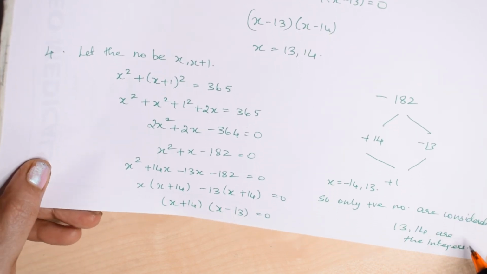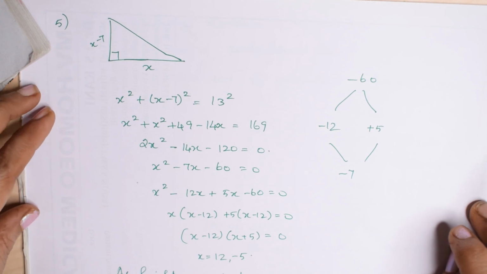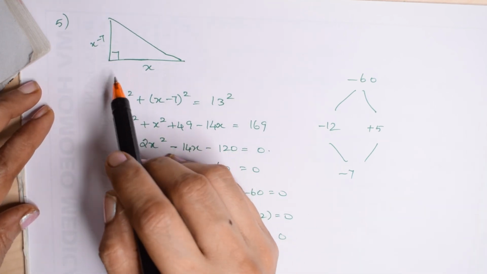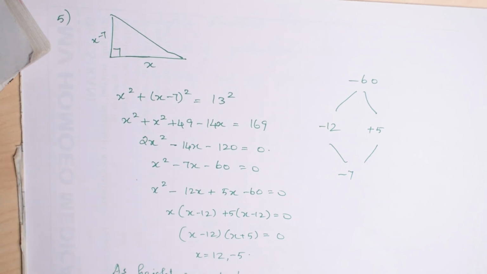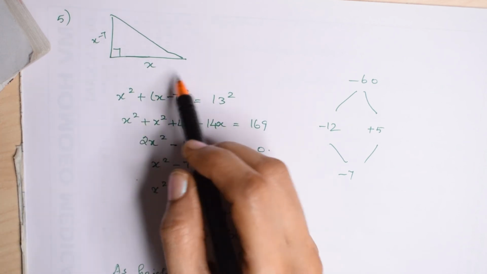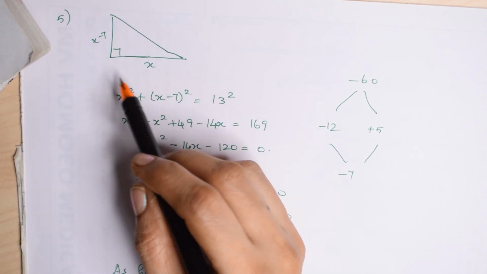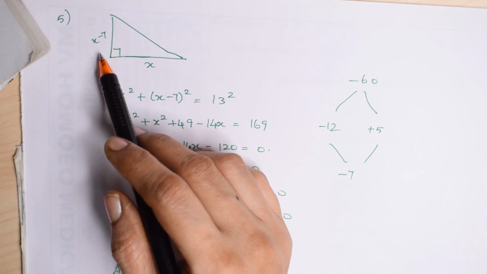That makes the answer. The altitude of a triangle. Okay, altitude again, it's a right angle triangle. So for the altitude of a right angle triangle, we know Pythagoras theorem now. We are using that here. The altitude of the right angle triangle is 7 centimeters less than the base. The base is longer, so x, and the height is 7 centimeters less, so x minus 7 here.